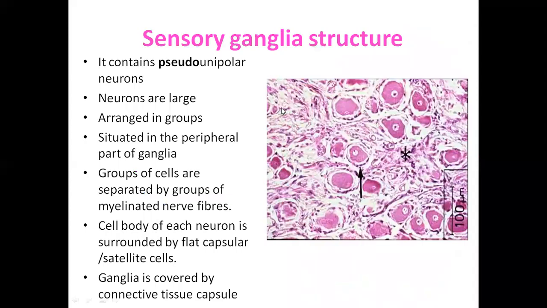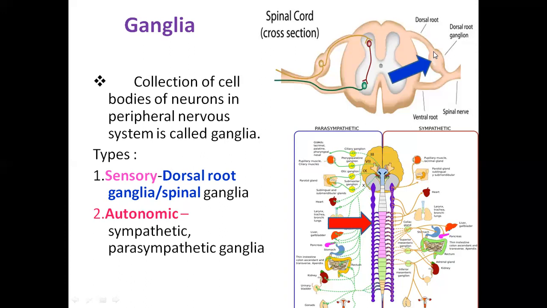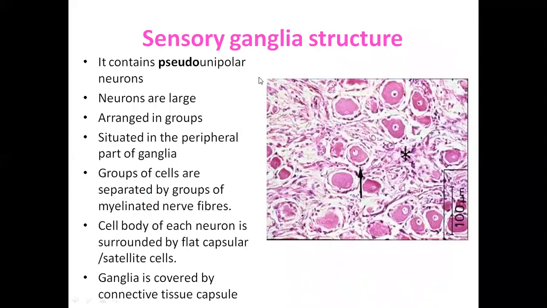Now coming to sensory ganglion. What is the other name? You see the cut section of the spinal cord, like from your schooling, you have been studying this structure. This bulged area on the posterior aspect of the spinal cord, where the spinal nerve is coming out, this collection of cell bodies is nothing but the dorsal root ganglion, also called the sensory ganglion. If you take the histological section of that dorsal root ganglion, it contains